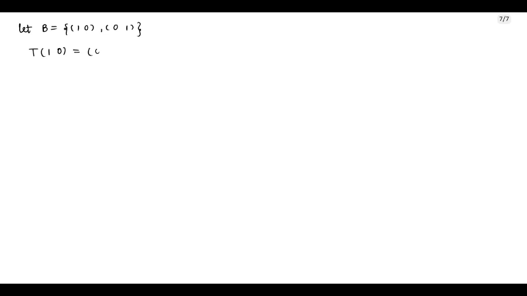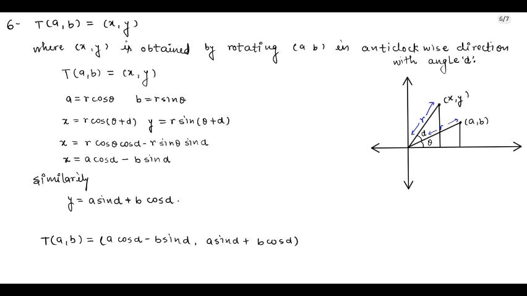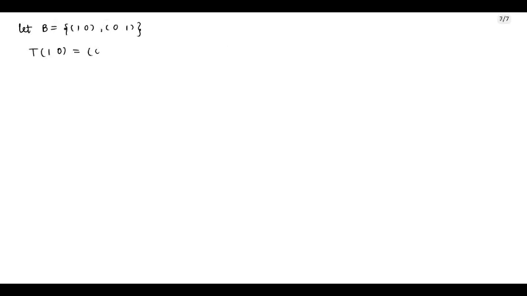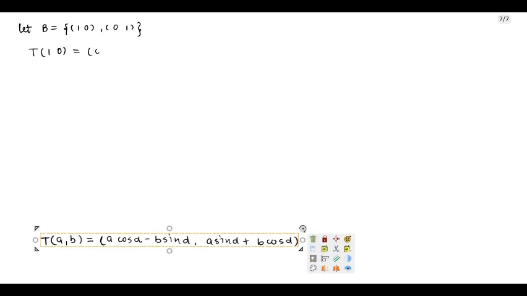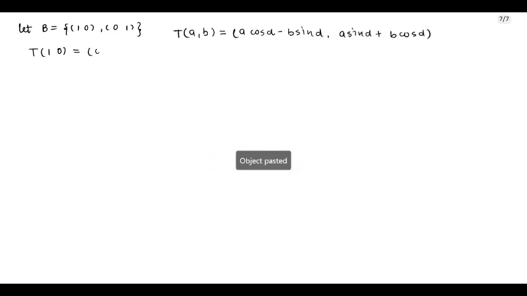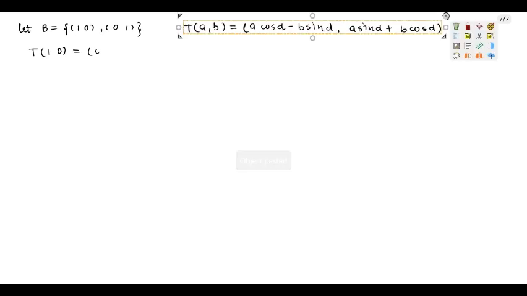We copy the transformation first. Using this transformation, the image of (1, 0) is